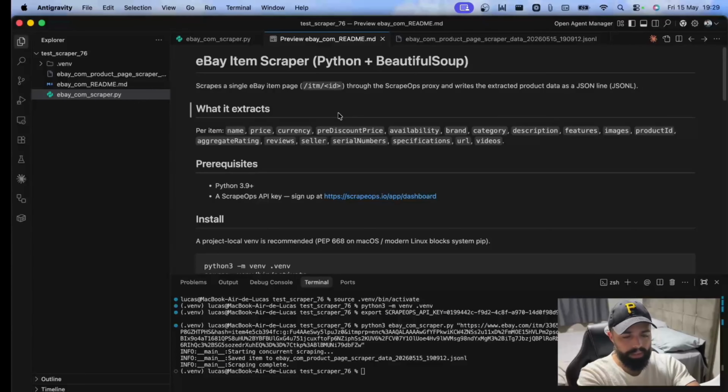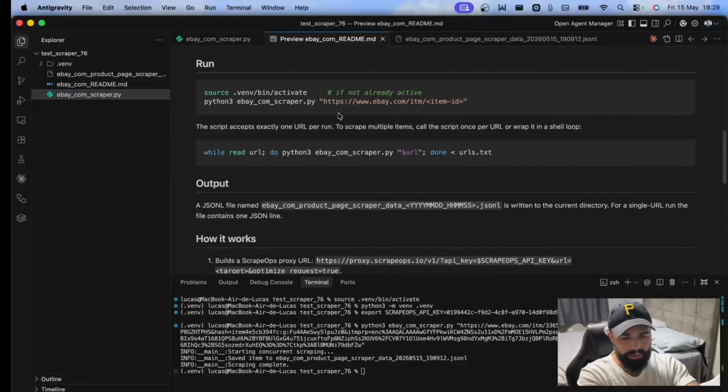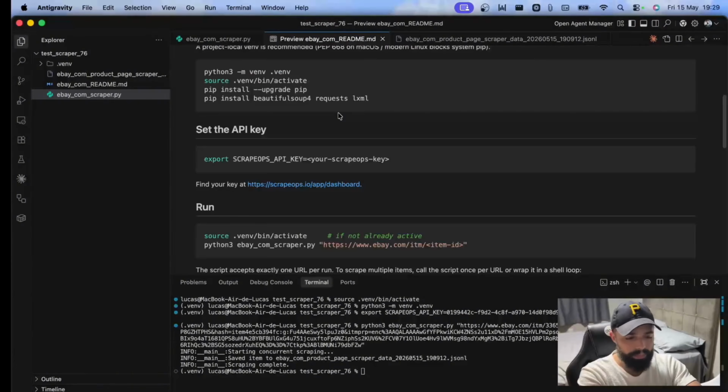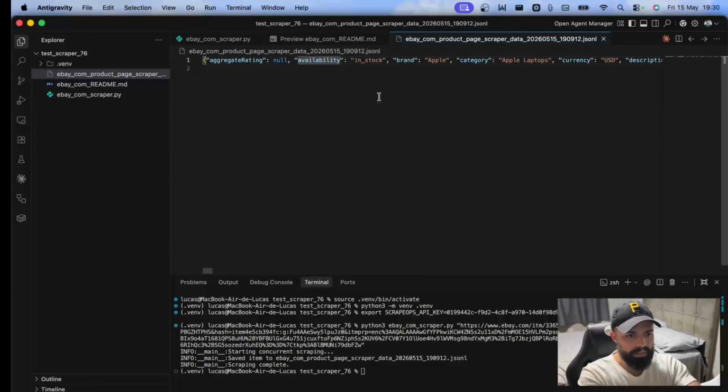And it also creates a README file that contains every step that the user should follow to properly execute the scraper. And then when the user uses this command, replacing the actual URL of the product, it will generate this